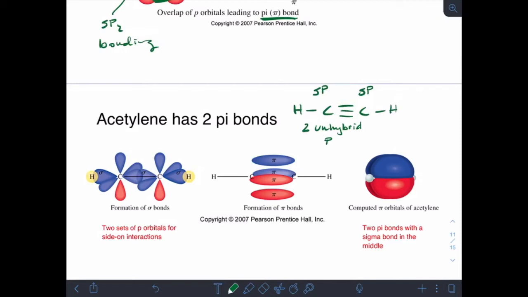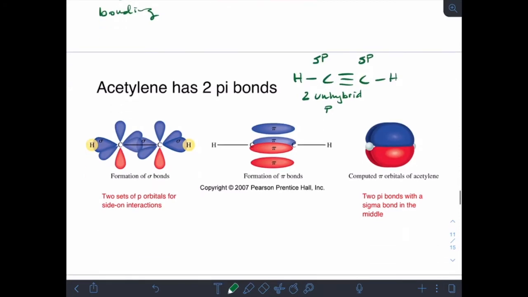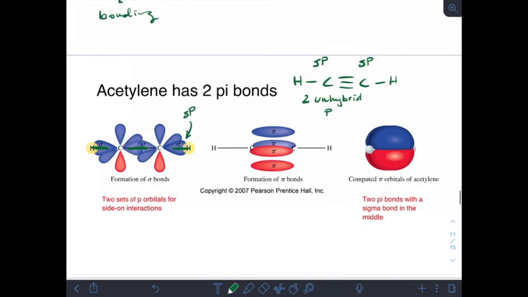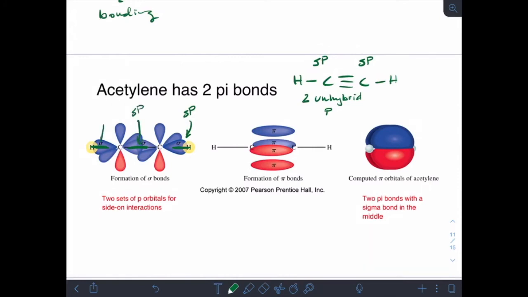Okay, so I'm looking at the diagram over here on the left. You see your sigma bonds. Your sigma bonds, those are the sp orbitals doing their bonding, their direct overlap. So I have three direct overlaps, which means three sigma bonds. Okay, so then, to clean this up a little bit,